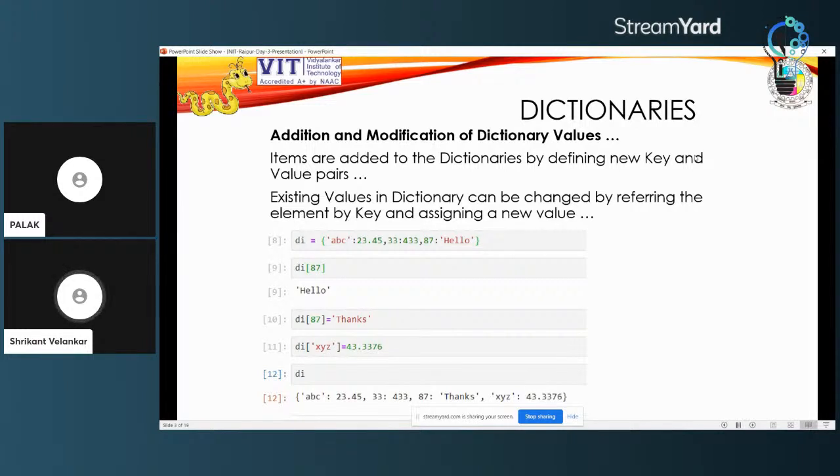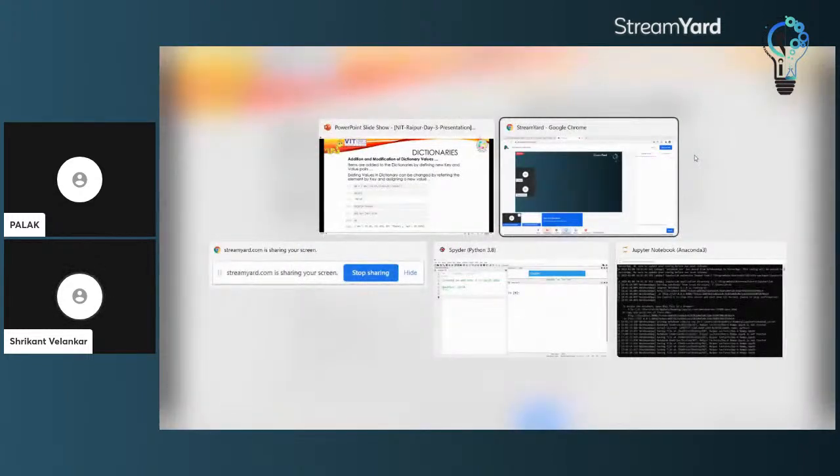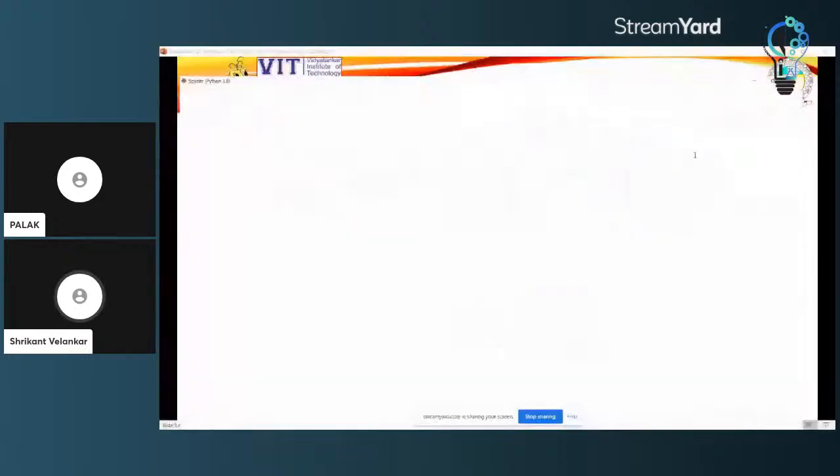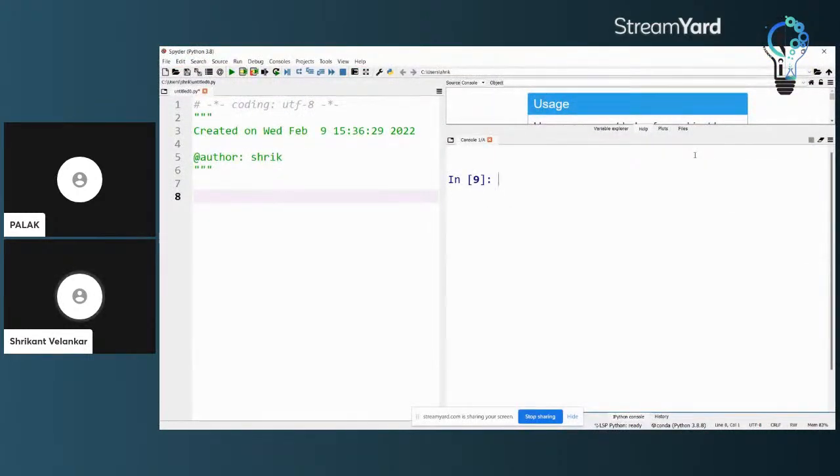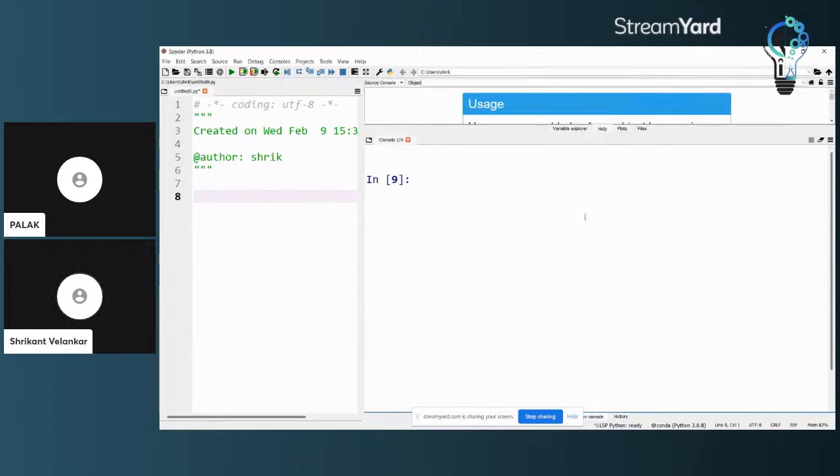Both of these are quite simple processes. So rather than doing it in the presentation, we will go to our usual screen where we were seeing so many things till now and try to do the same here itself.